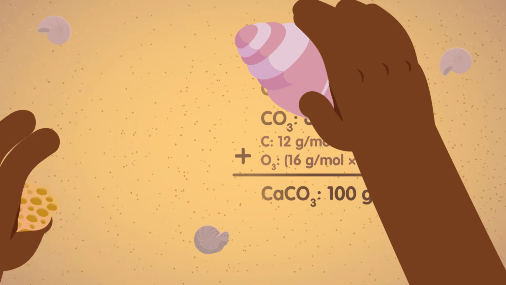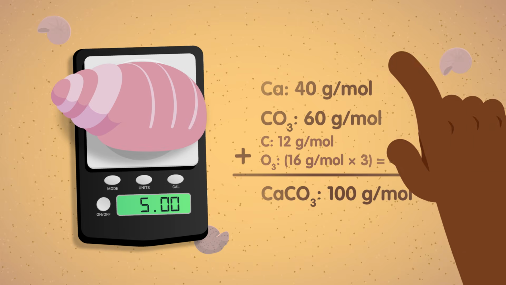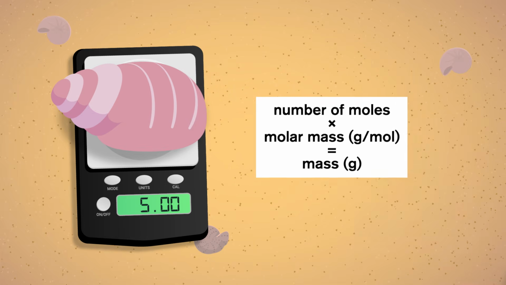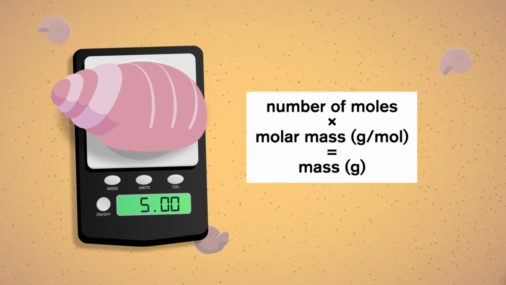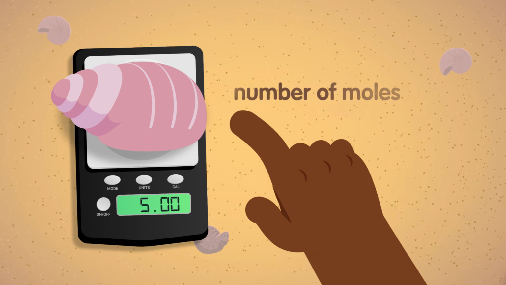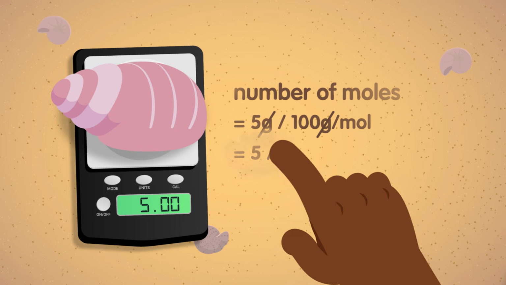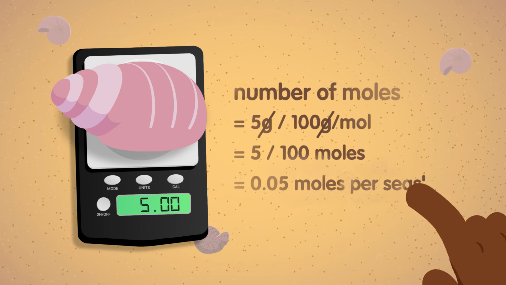And because we scientists are always prepared, we can pull out our portable scale from our beach bag to measure the shell's mass in grams. Let's say that number is 5 grams. We can use the calculation we did earlier to get our number of moles, but first we need to shuffle it around to get what we're looking for. Originally, we were calculating mass in grams by multiplying the substance's molar mass by the number of moles the reaction called for. Let's flip that equation around with a little bit of algebra to get one that solves for the number of moles instead. Once we plug our known numbers, 5 grams of shell and 100 grams per mole, into the equation, we can cancel out the grams and see that our result is 5 over 100 moles, or 0.05